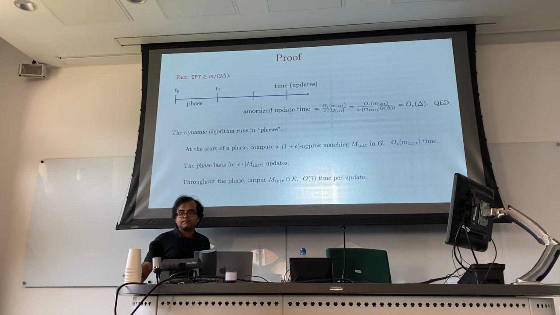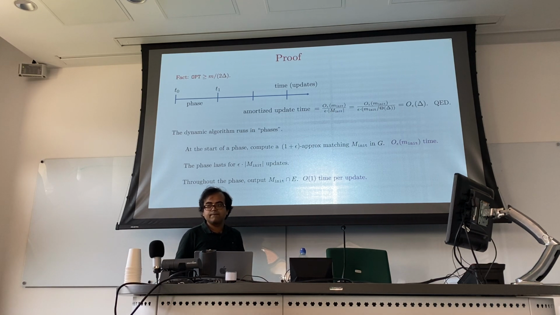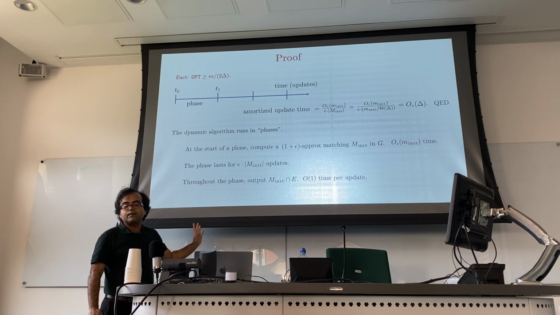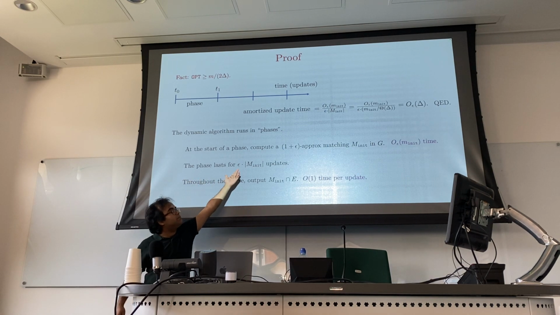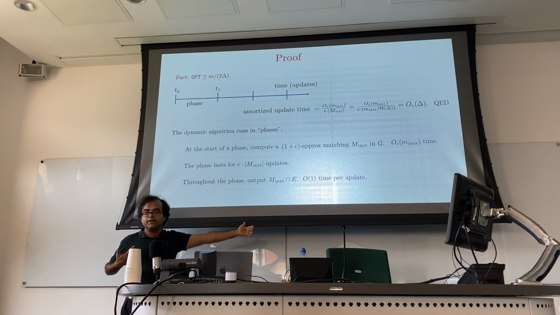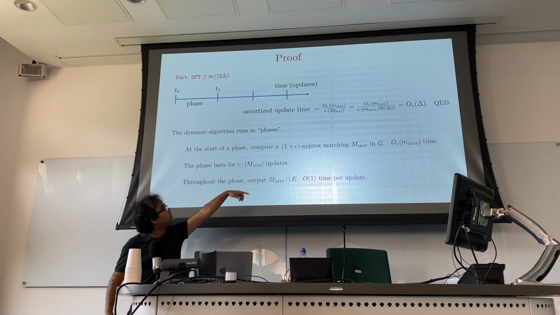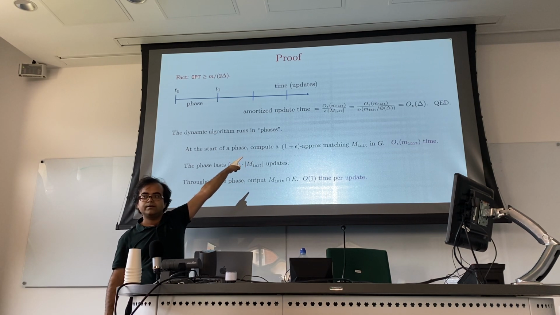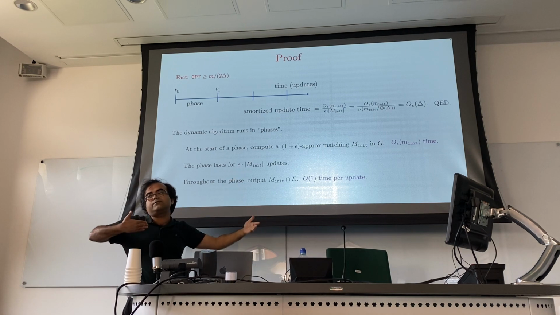Okay, now I understand. But then you argue that this is because you choose the length of this thing so that it still is an approximation. Yes, right, because OPT can change only by a multiplicative 1 minus epsilon factor. So you don't need to do anything during the phase. And what is your update time? Just the time you spent at the start of the phase, that's the numerator, divided by the number of updates in the phase.